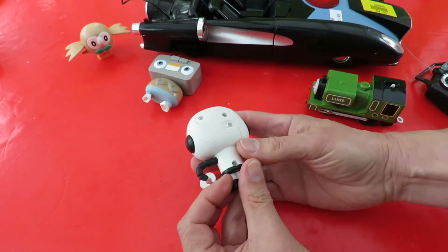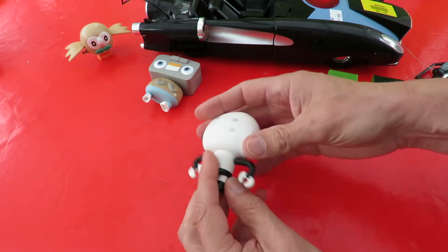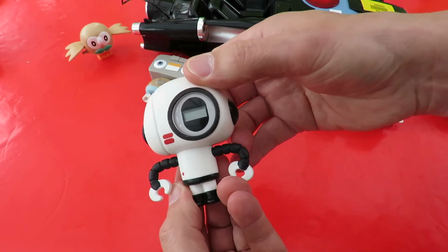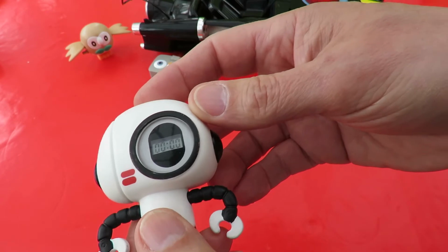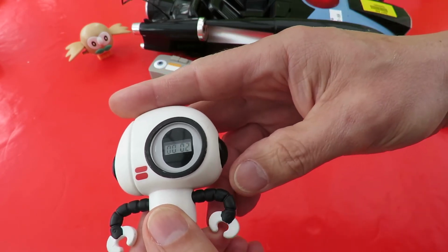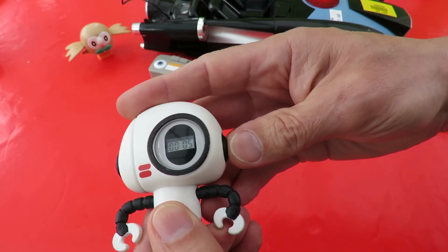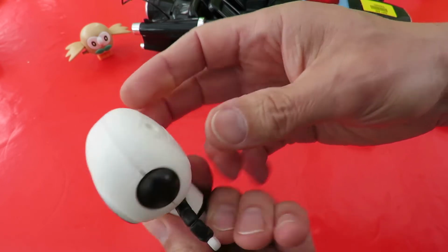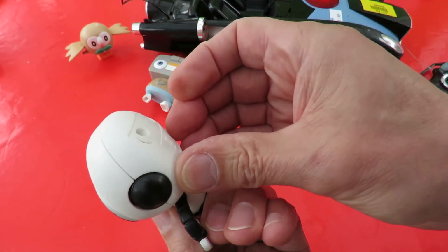And then this one, it's a timer of some sort. If I switch it off, the display is off. Switch it on, digital display. Press that button and it starts counting up in seconds. If I press it again, it stops. Press it again and it carries on from where you left it before. If I switch it off, display goes off. If I switch it back on again,